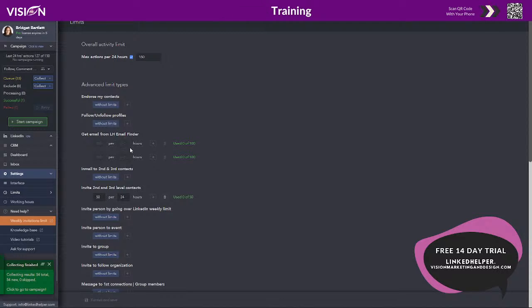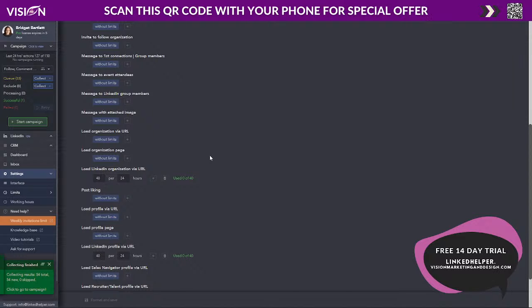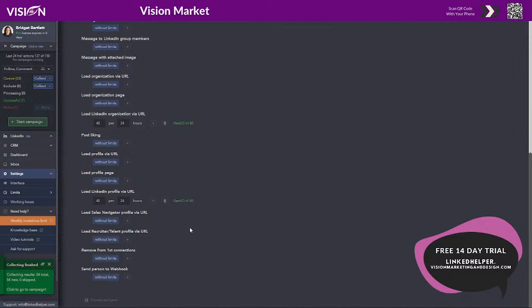And then you can definitely check out the get email from LinkedIn Helper Finder. Maybe you want to only send like one InMail to your second or third contact. So this is like your admin panel to make sure that no matter how many campaigns you have going, no matter what is going on, you are doing the specific actions and staying within your limits, so that you have integrity with your account. Lots of really, really cool things that you can do here, guys.